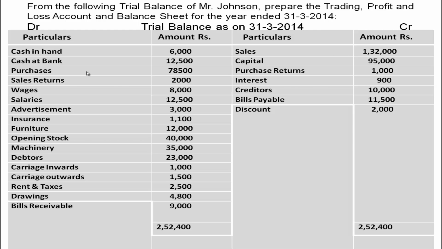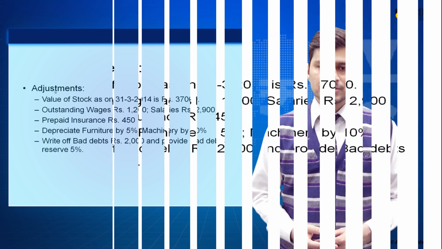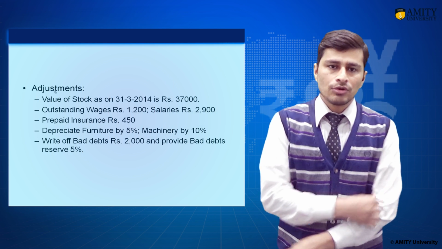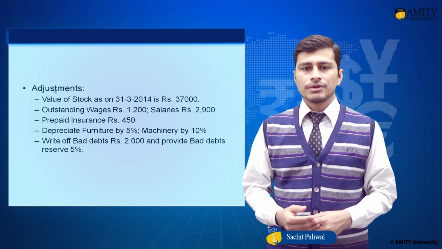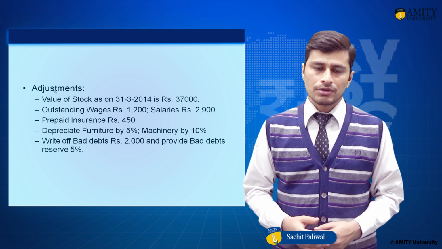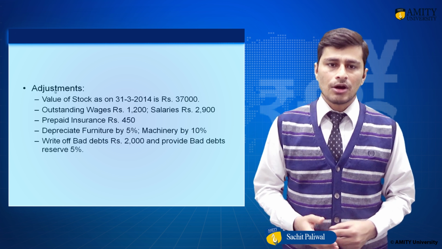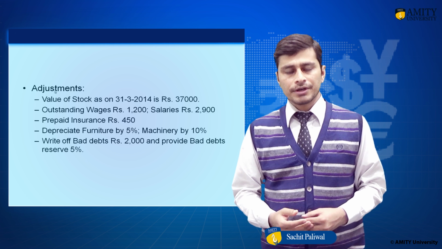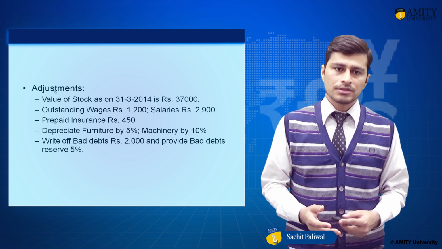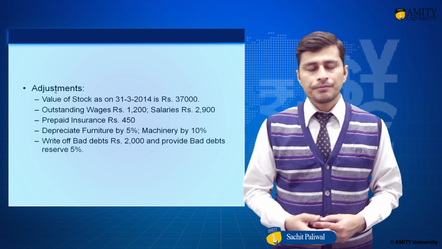So first we prepare the trading account. There is some additional information, adjustment entries information, given. The value of stock as on 31st March 2014 is 37,000. This is actually the closing stock. Outstanding wages is 1,200, salaries is 2,900, prepaid expenses, prepaid insurance is 450,